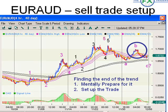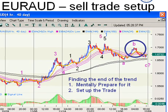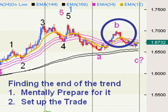Let's start with the Elliott Wave count on the 4-hour EUR/AUD to see where we are in the big picture. We traded up for 5 waves. You can see the purple wave counts, 1, 2, 3, 4, 5. And as we know, after every 5-wave move, we have a retracement. The zigzag pattern, which is one corrective pattern and actually one of my favorite patterns, initially moves down in 5 waves for the A leg, up for 3 waves for the B leg,